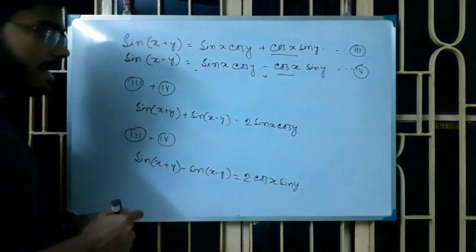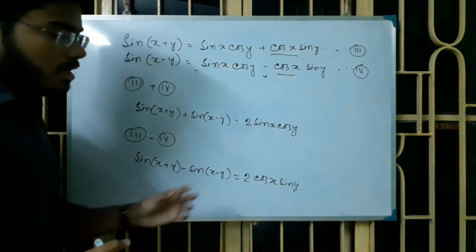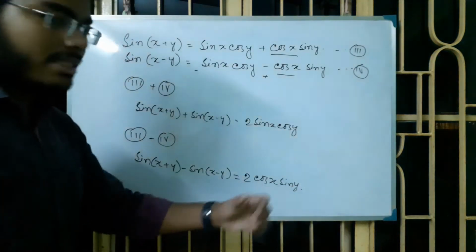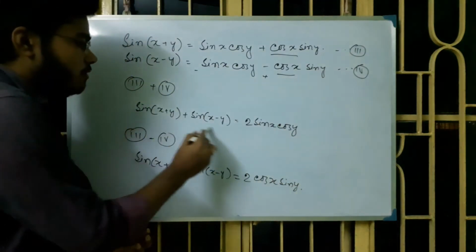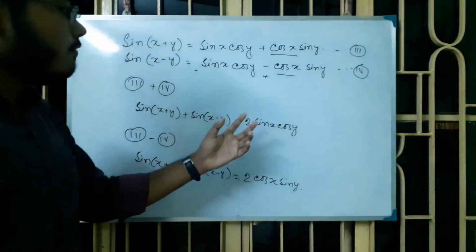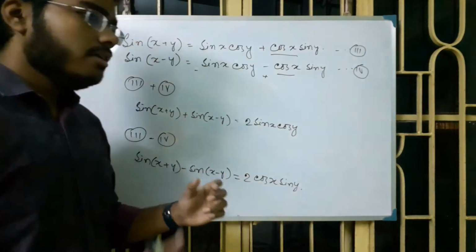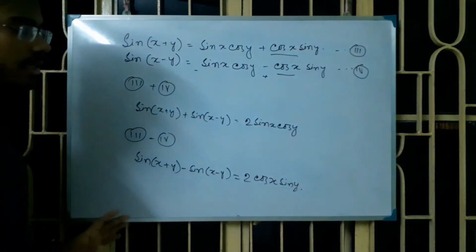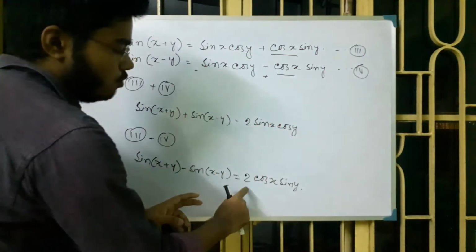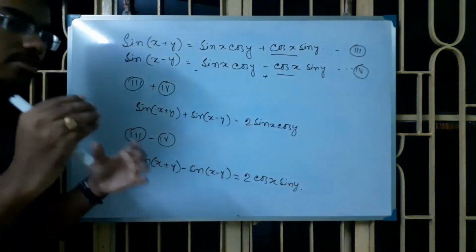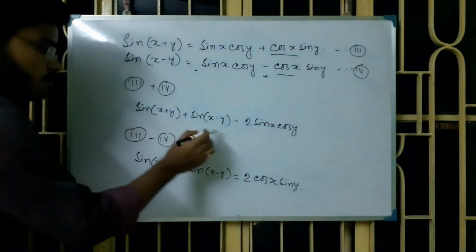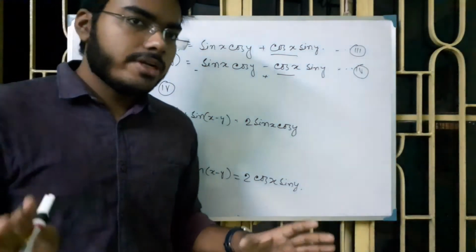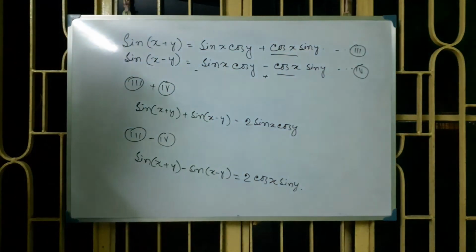Just observe. And if the functions are different, sine and cos, then sine will be added or subtracted. If you are given two different functions, just remember that there will be sine plus sine or sine minus sine. If there are two cos, then there will be cos plus cos or cos minus cos. Just a very easy trick to remember this thing.